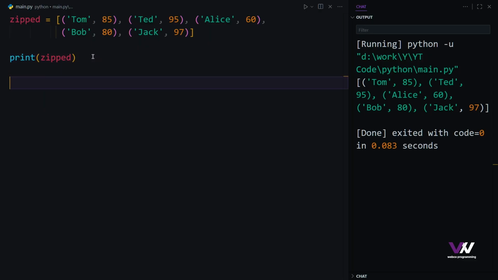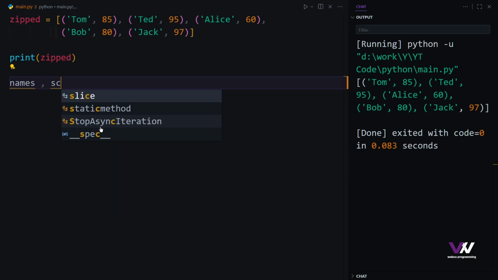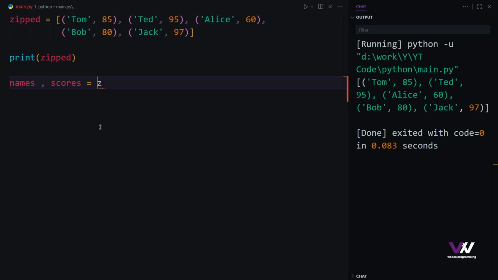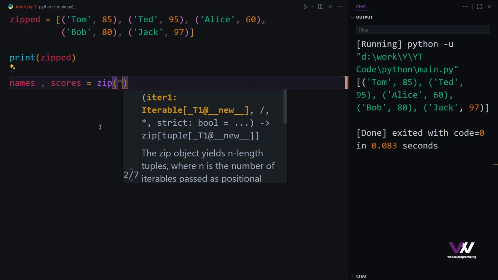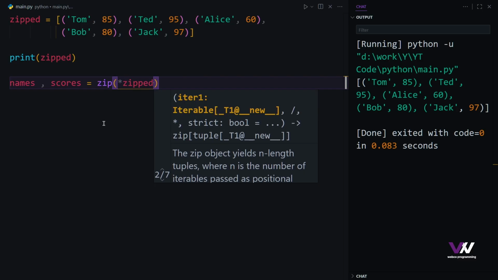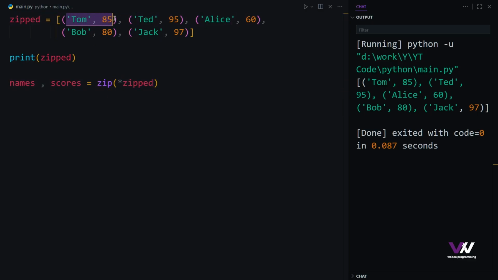Then for separating these items, we're going to pass two names for the two lists that we're going to get. First one is going to be the names and second one is going to be the scores. So we're going to have this names right here, then separate that with a comma and then the scores. And we equal that again with the zip function. But pay attention here, instead of having the name of the list and combining, if you put this star at first and then the name of your zipped list, it's going to take these items and separate them from each other. Put this first one, which is name, in our names list and this 85 in our scores